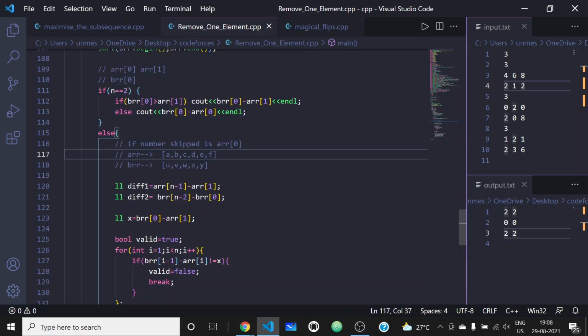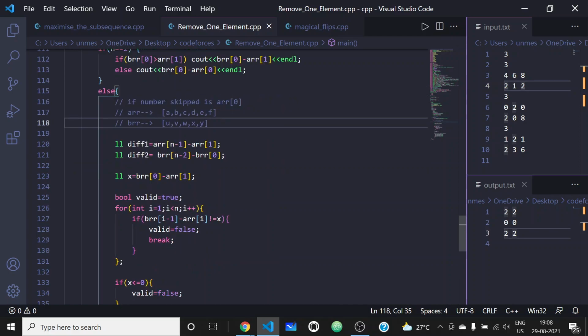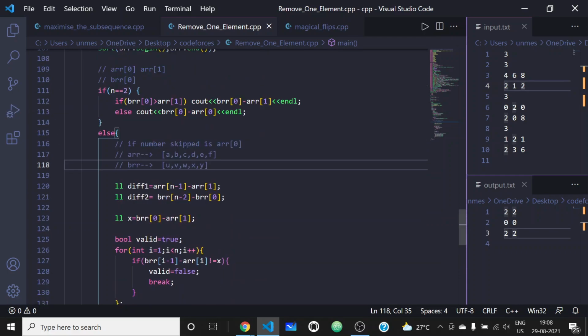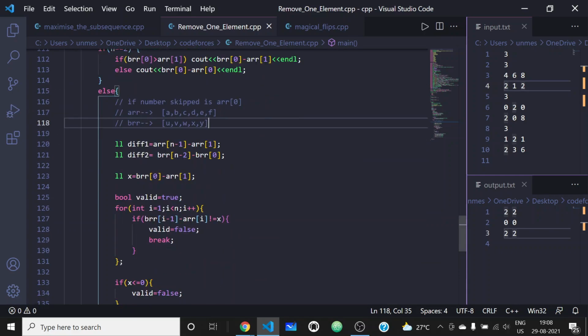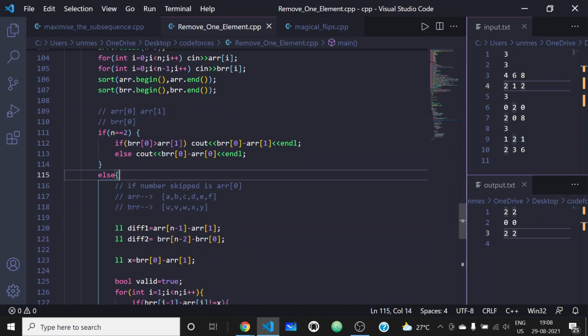Sorry, one correction: multiple cases are not only possible for n equals 2. Multiple cases are also present in the general case when n is greater than 2, and we will be seeing when.